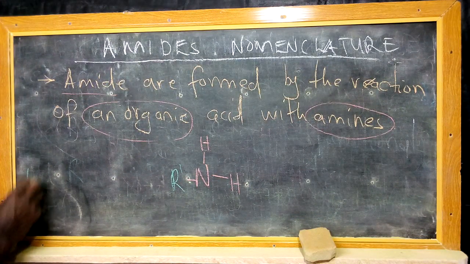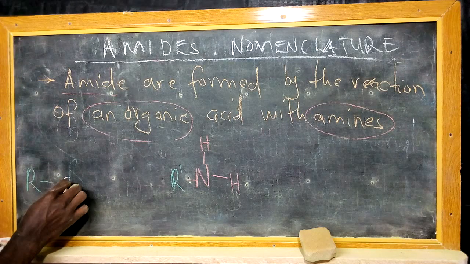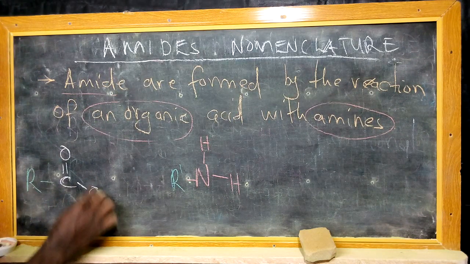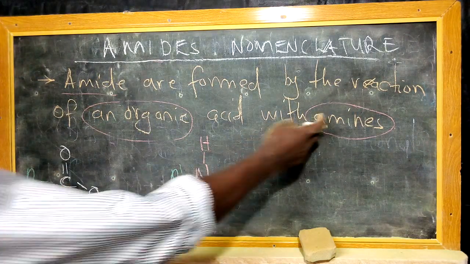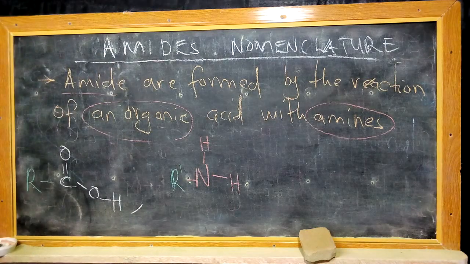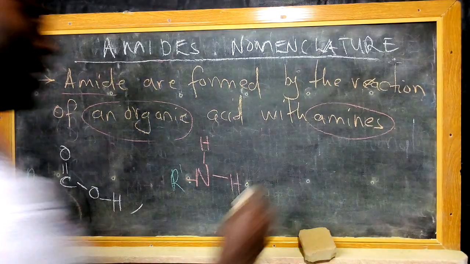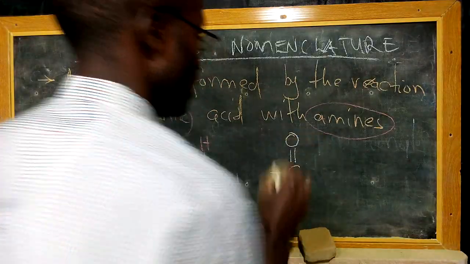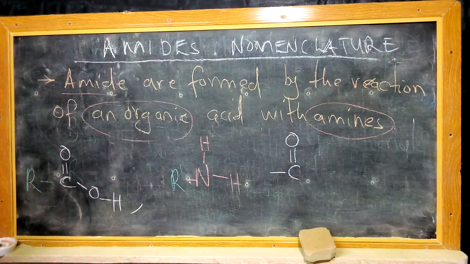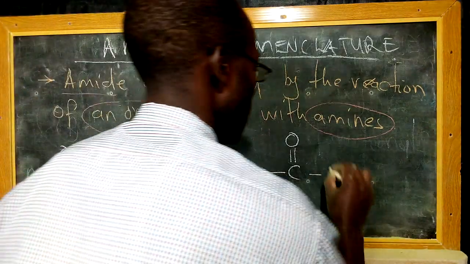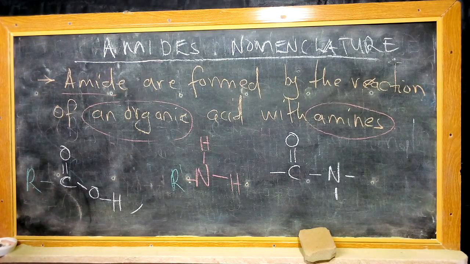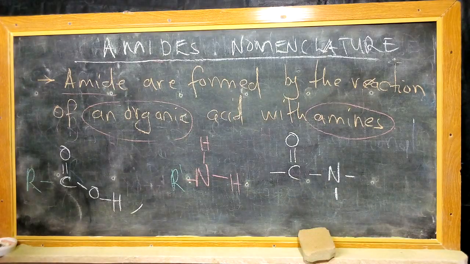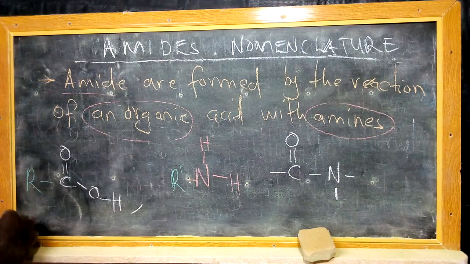So we have R and COOH. So this is for organic acid, and this is for amides. Let's look at the functional group for amides. It will be the simpler one. We gave a general formula in the discussion of amines, so we shall give a simpler one for that, which is N, and then like that. This means that at these particular points are the radicals which are attached, which I can indicate using